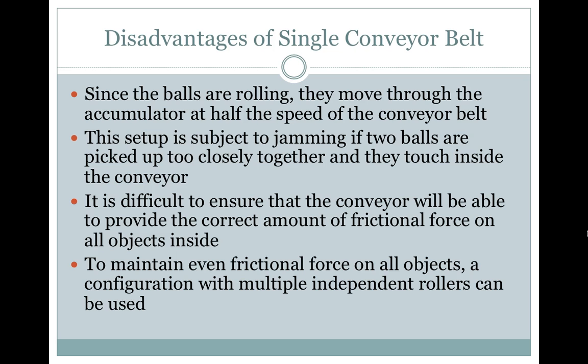This setup is subject to jamming if two balls are picked up too closely together and they touch inside the conveyor. It is difficult to ensure that the conveyor will be able to provide the correct amount of frictional force on all objects inside. To maintain even frictional force on all the objects, a configuration with multiple independent rollers can